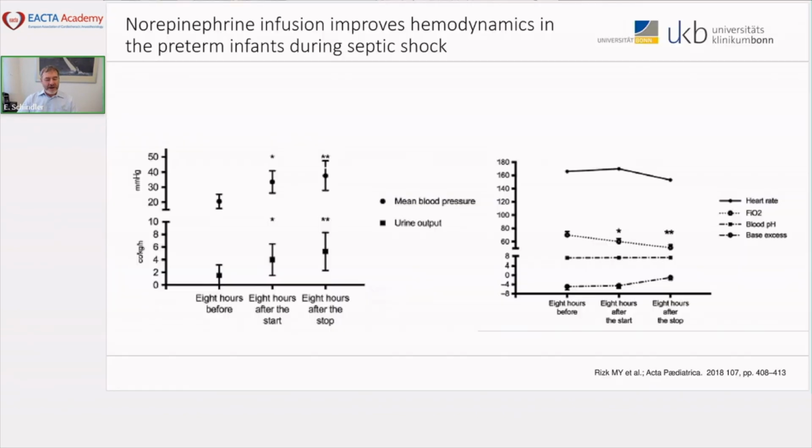So when is the best idea to use vasopressors in the improvement of hemodynamics? There are obvious states where we have a vasodilation, like in septic shock. In this publication, they were looking at the treatment of septic shock or low cardiac output in septic shock. And as you can see, if we're using a vasoconstrictor, 8 hours after stop, you have an increase in urine output and an increase in mean blood pressure, meaning that you